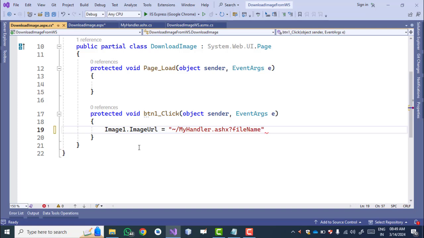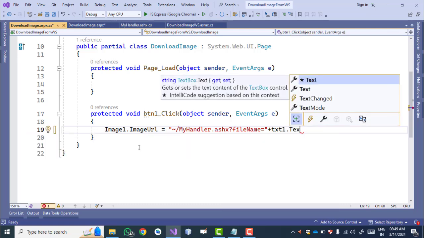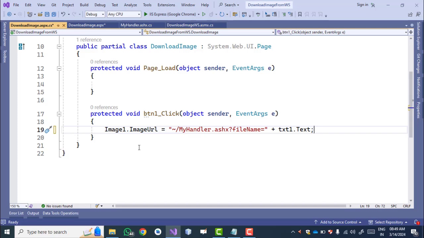equals to plus. Now file name is entered by the user in text box, so we write txt1 dot text. This is your file name. तो ये वाला image डाउनलोड होगा and it will display on image control.